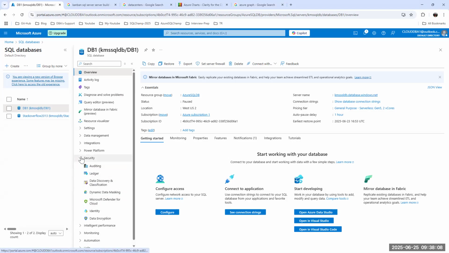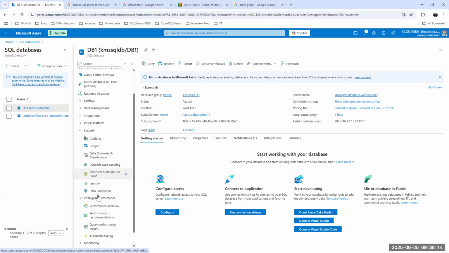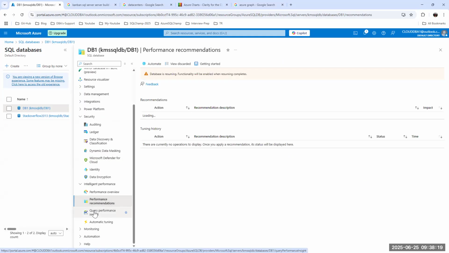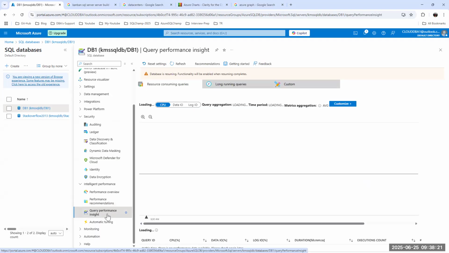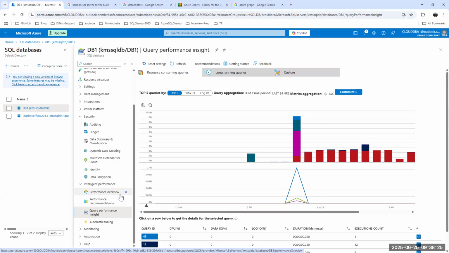And in terms of monitoring, if you go for intelligent processing, you will get performance recommendations and query processing insights. You will get some advantages built in that are not happening in on-prem.